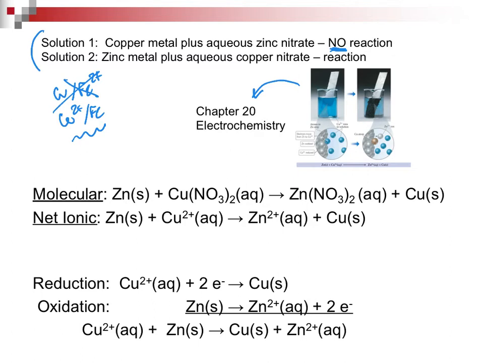So what you'll be expected to do is to predict the products of the molecular reaction. I'll show you how. And then take that reaction and turn it into a net ionic reaction by removing the spectator ions. So what I've done is I've written the net ionic, but I've also taken time to write the individual half reactions, the reduction and the oxidation. Notice when I write them that the electrons are going to drop out, and the reaction that I get from the two reactions matches the net ionic reaction. Now this is for copper and iron, but there are many, many different matchups, okay?